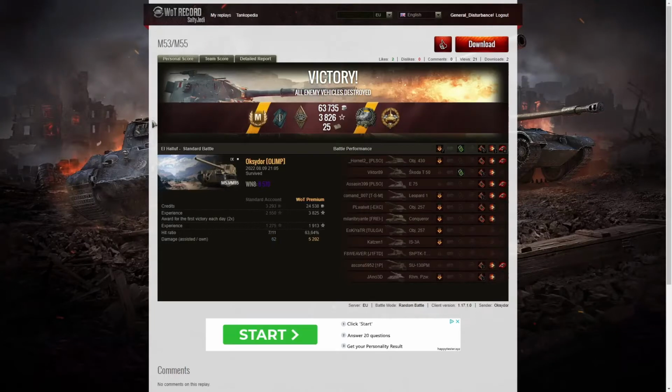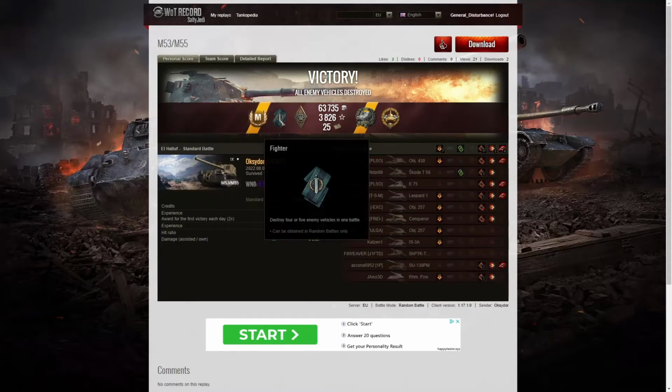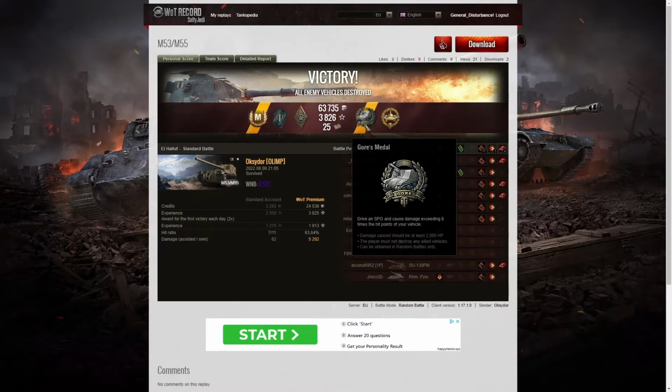Now, you might think that this was a pretty spectacular game, and it would be for just about anyone else, but for Oksydor, that's the sort of game that he has regularly on his Twitch stream. Yep, he does that on a regular basis, so he's getting these sort of results, like an ace tanker in the M53, M55, a fighter badger getting at least 4 kills, he got 4 exactly, a bruiser medal for getting at least 5 critical hits, he got 17,